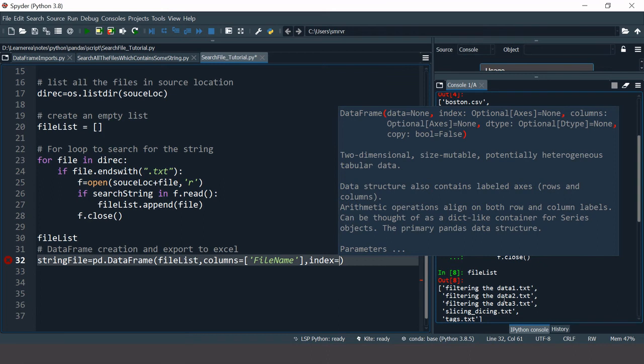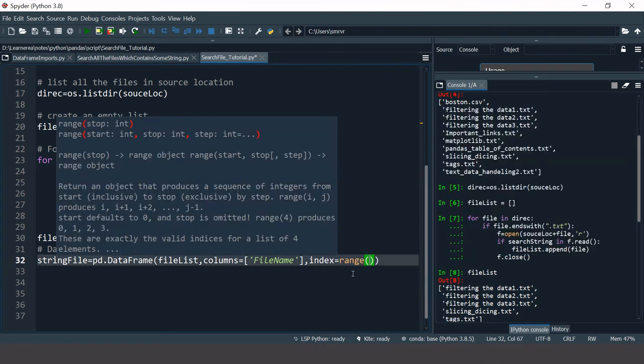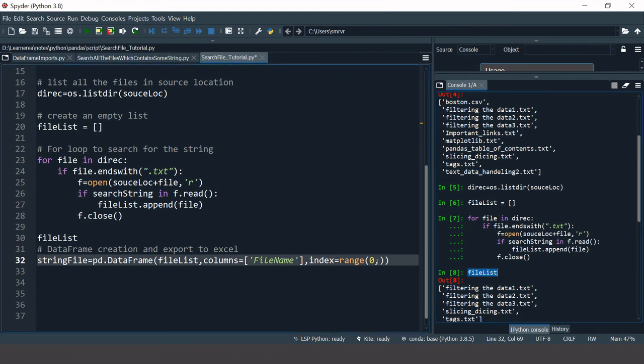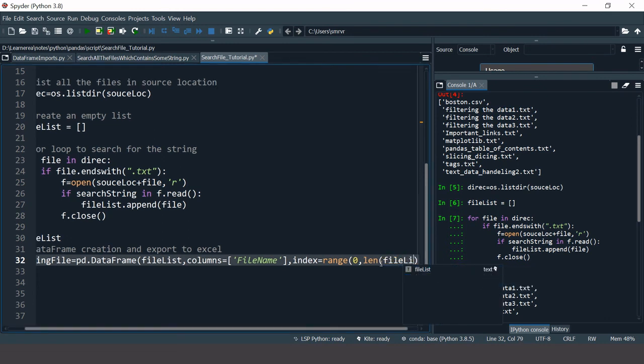Sometimes it can have, now in my case it was a list of 5 files, right? It can be anything. So for that I will provide a range that will start from 0 and will end to the length of this list, the list which I have created, file list, right? So I will use len command over here, len, and in that I will say file list.